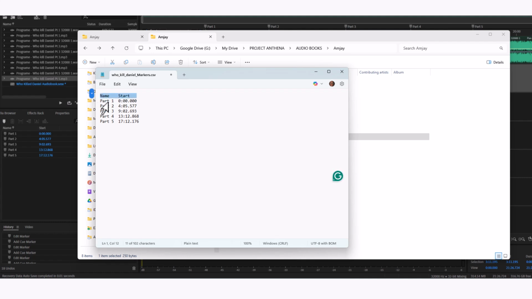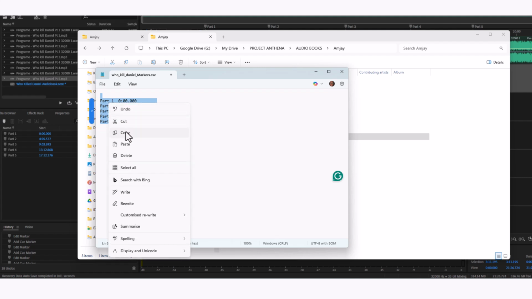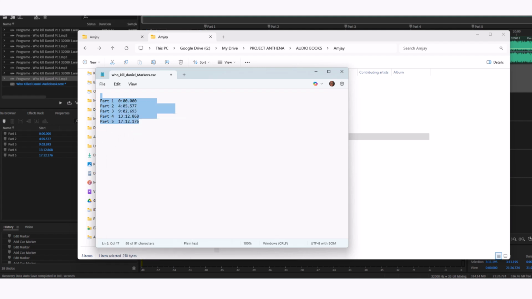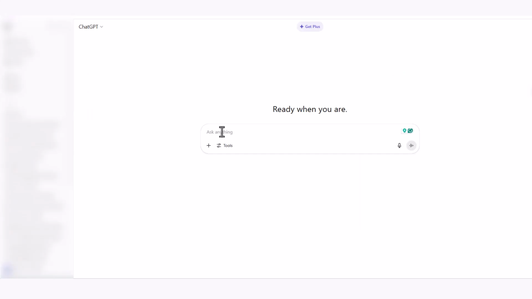So what I'm going to do is remove this. I don't need that. So what I will do is I'm going to select this, right? So I'm going to go to ChatGPT. Let me bring in ChatGPT. I'll just paste what I've copied. Then I'll just tell it, I can even start over, say